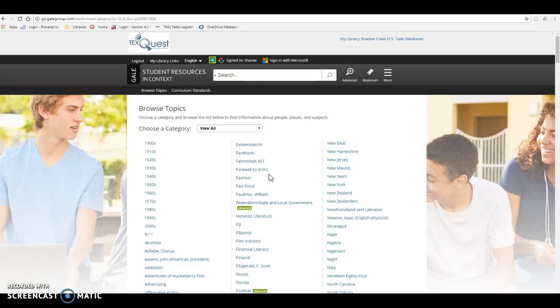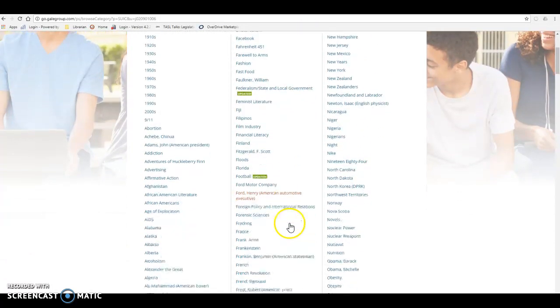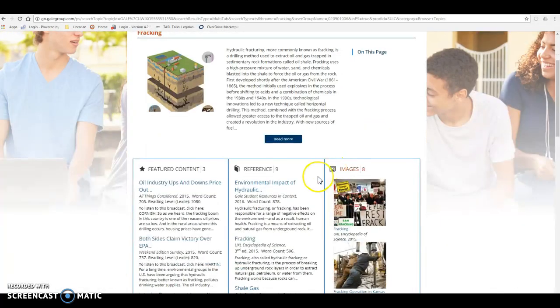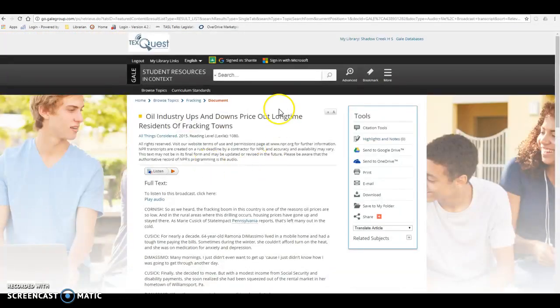I want to show you how you can take notes and send it to a Google Doc so that you will have a record of those notes and you'll be able to use them later to write your TED Ed lessons. Okay. Let me get rid of some of this stuff. Okay. So if I'm researching fracking and I click on this, and if I read oil industry ups and downs,